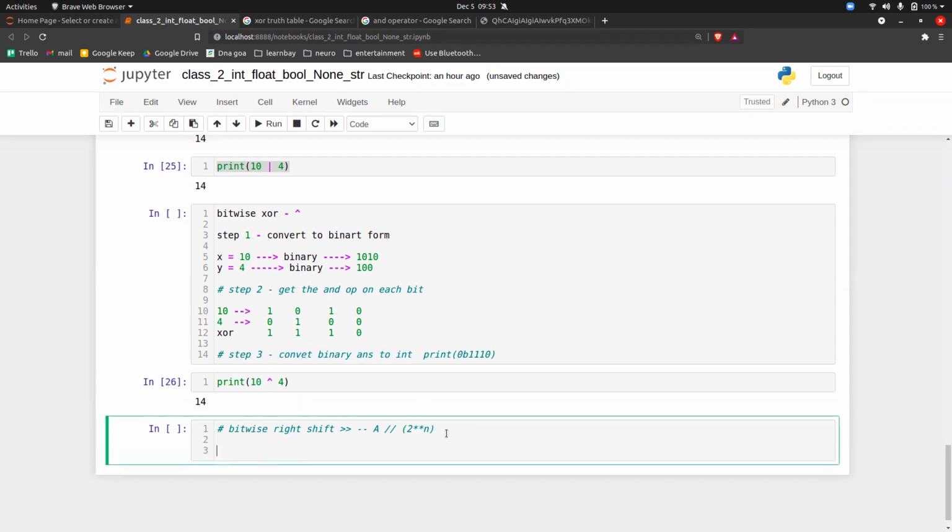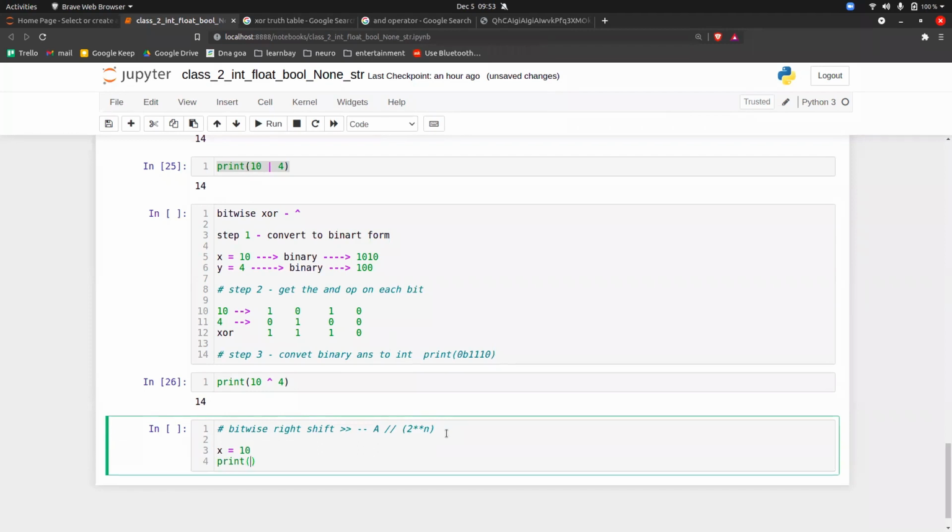For example, if I say x is equal to 10, and if I do print x >> 2. So this is the equation that is followed. Can anyone tell me the equation of this quickly? If you try to convert this into this form, how will the equation look?